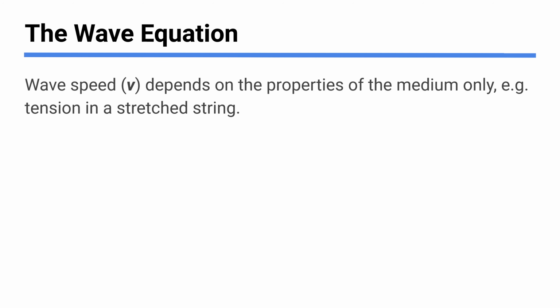So we can put all that together to find an equation and talk about the speed of a wave. The speed of a wave is typically constant as long as nothing with the medium is changing, because wave speed depends on the medium. So a sound wave will travel at the same speed through the air, unless you change something about the medium, like the temperature of the air.